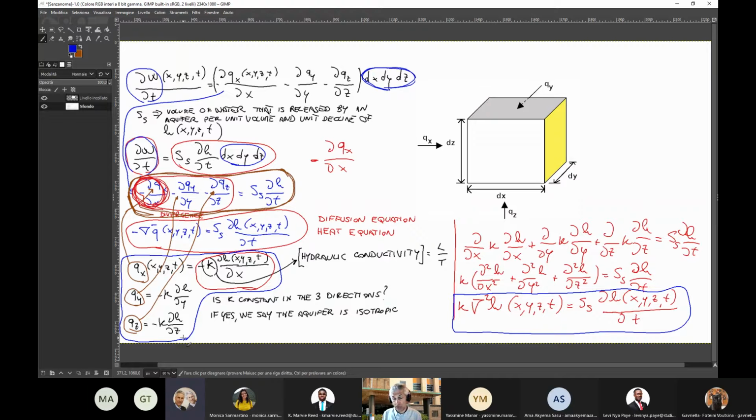If you take the derivative with respect to time equal to 0, then the right hand side goes to 0, and the left hand side describes the Laplace equation. So let me write on the top of the blackboard. If the derivative of H with respect to time is 0,